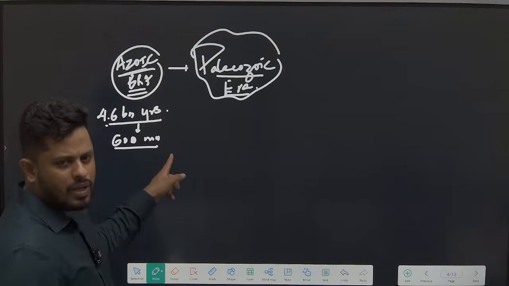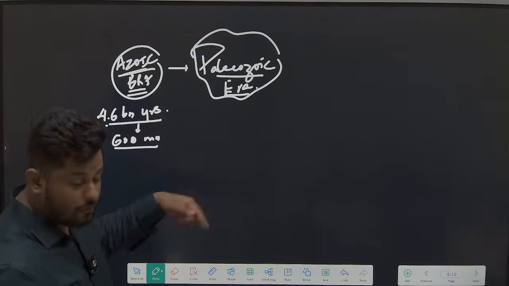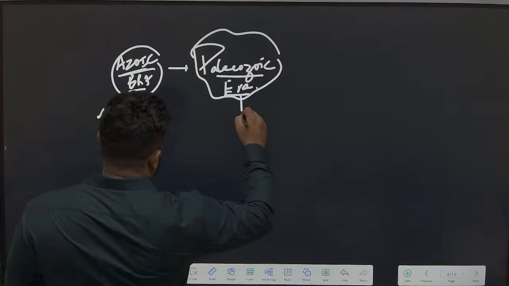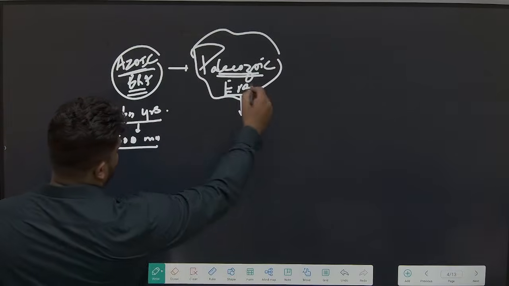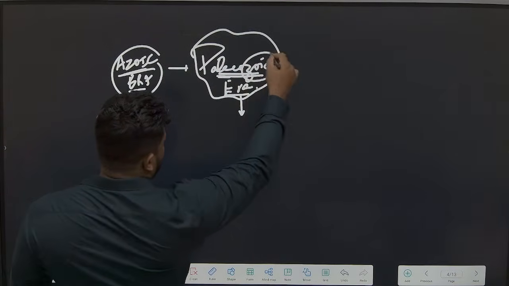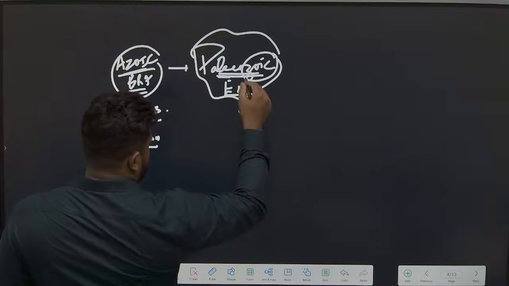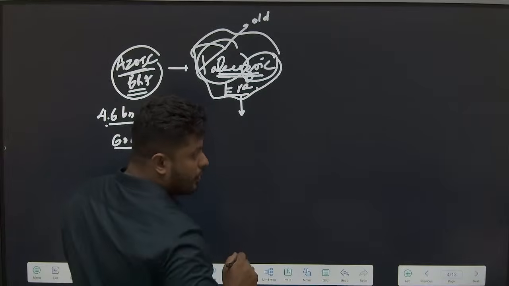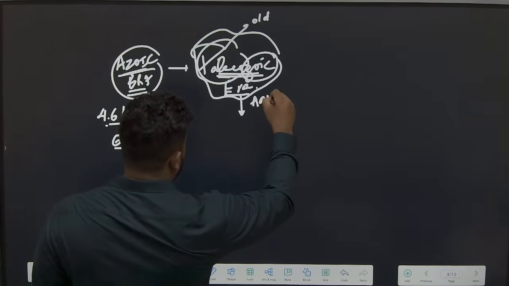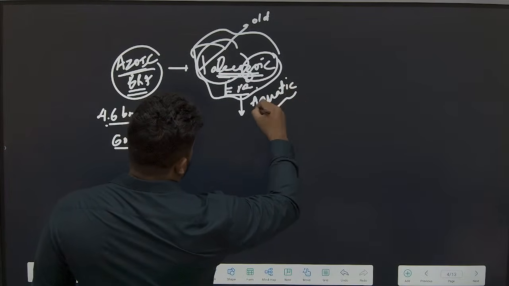Because this is the point of time when life forms started becoming, evolving, developing. So that aspect from where life forms started developing is what we call the Paleozoic. Zoic means life. Paleo means old. Old life forms are found over here, and of course there is no prize for guessing. Life started in which medium?